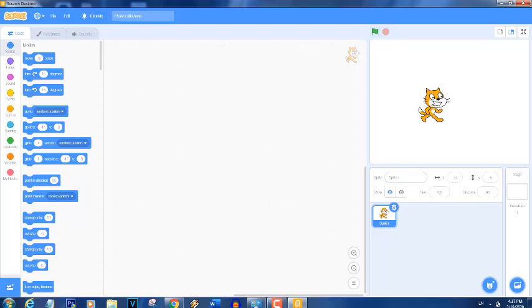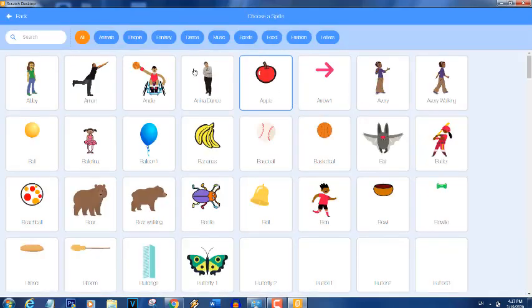So let's see about the sprite. Here we have a cat sprite. This is the default sprite in Scratch programming when you open it for the first time. If you want to add another sprite or remove it, you can click here to remove this sprite, and then if you want to add another sprite, in this shape in green color, you can choose a sprite from here. We have a lot of sprites